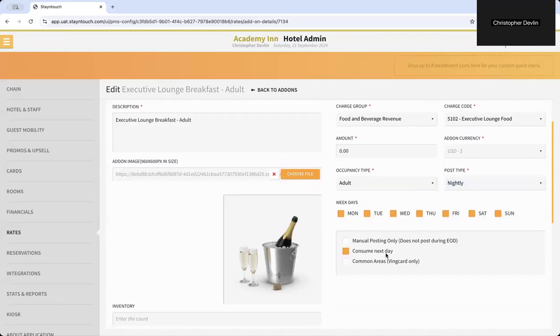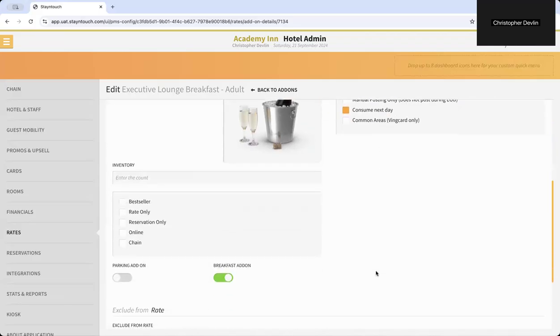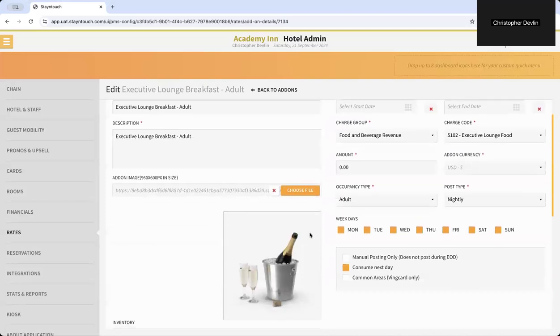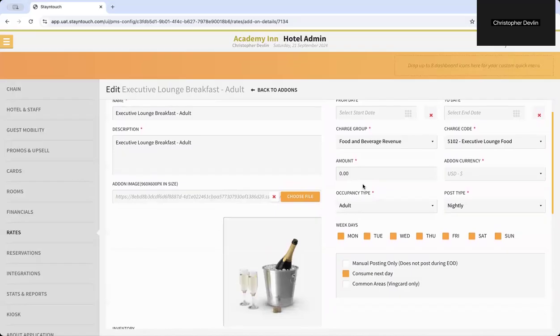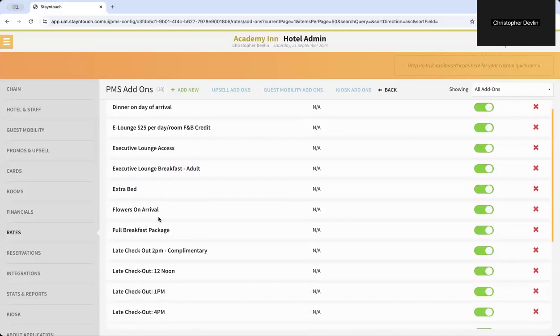Consume next day. So that is, again, breakfast. So we want to know that's on the breakfast reports and it's happening next day. So I'll also make sure breakfast add-on is selected here. And in this case, I'm going to go ahead and choose manual posting only, just so that it doesn't post on the guest's bill. So with all of that added together there,